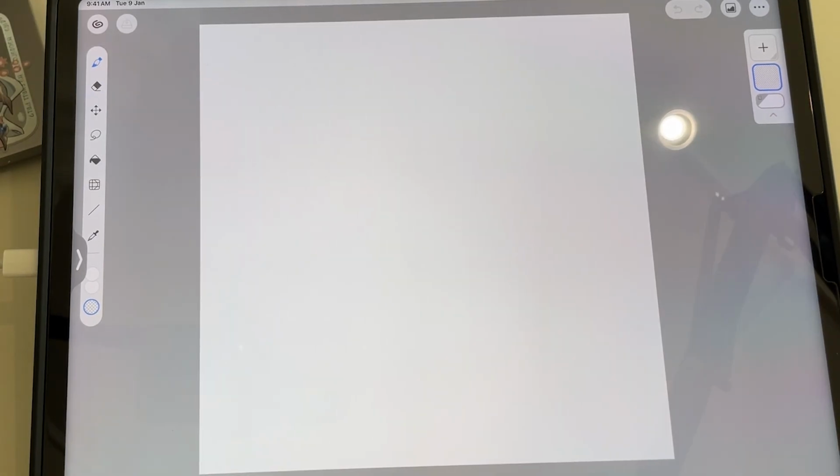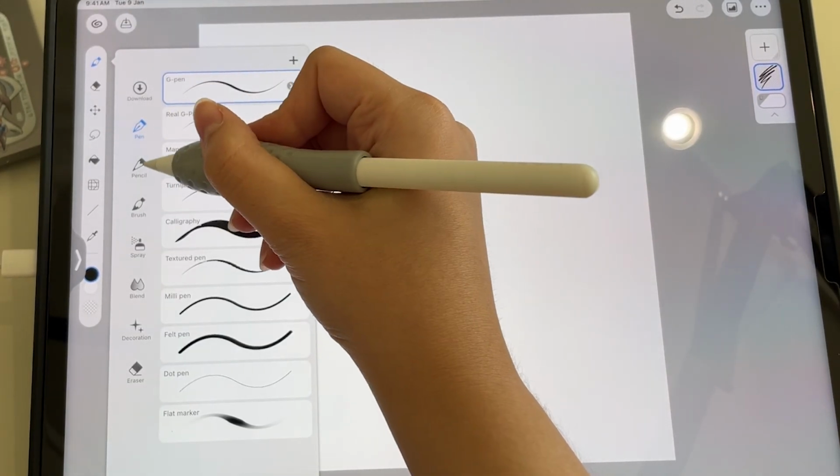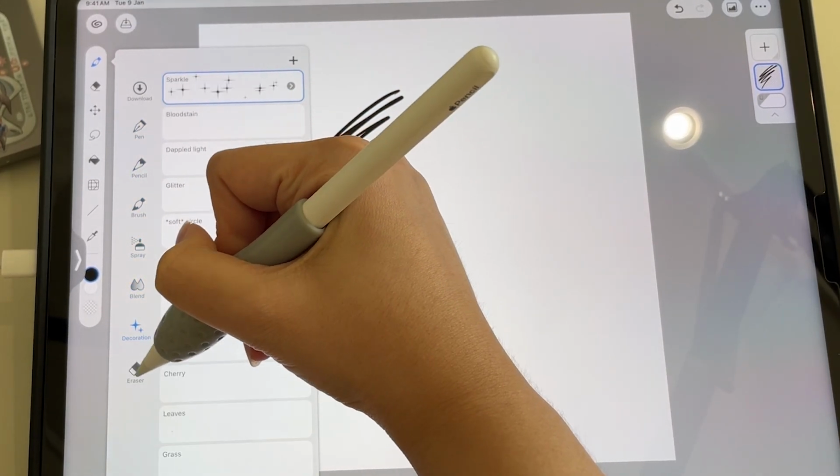Even if you're proficient with Clip Studio Paint, but you're still kind of annoyed with the whole UI, you could always change it to simple mode. You have your brushes here. You can see the UI is very similar to Procreate.